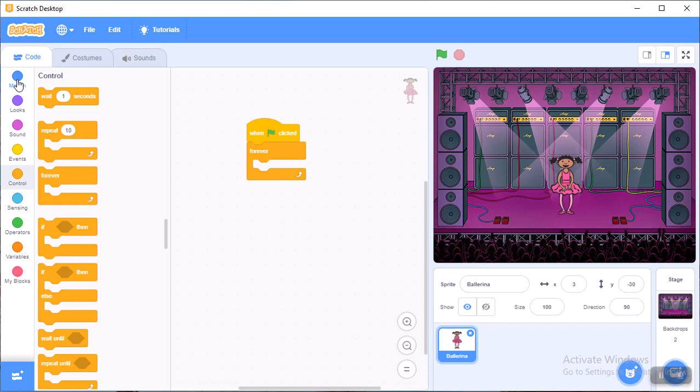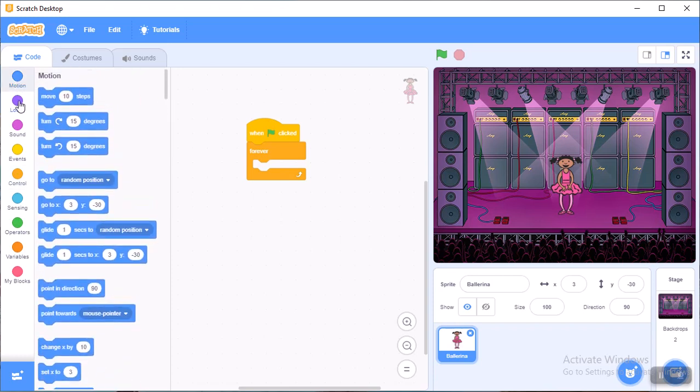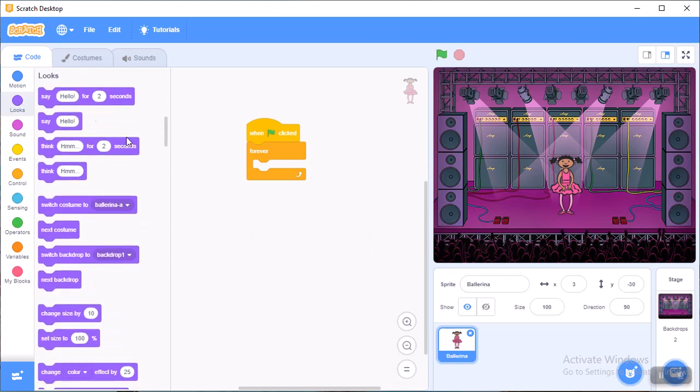Now in looks we have next costume. So here I'm taking next costume.